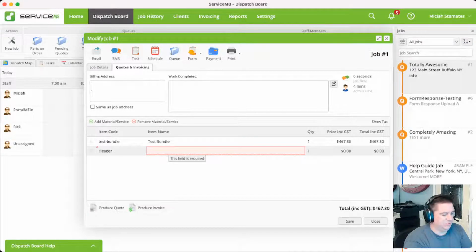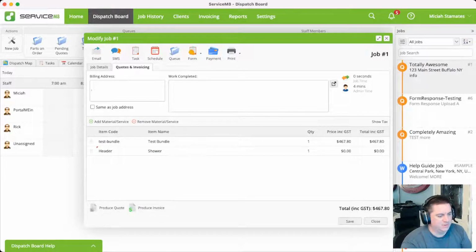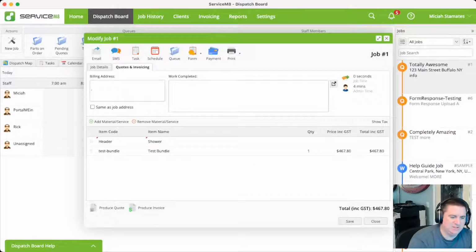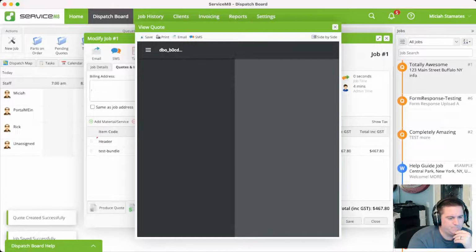And let's say this was for our, we're going to do a shower install. And I'm going to set this above here, and I'm going to give this a quantity of 0. And if you notice, as soon as I set that to 0, the values of everything else went away. Because what that would create, if I created a quote here real quick,